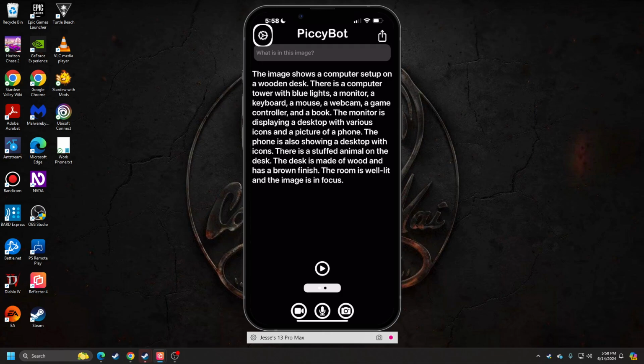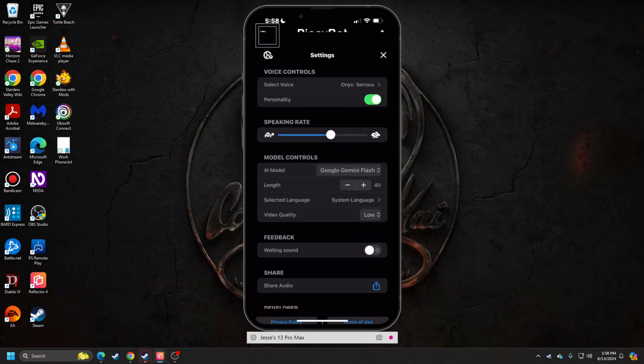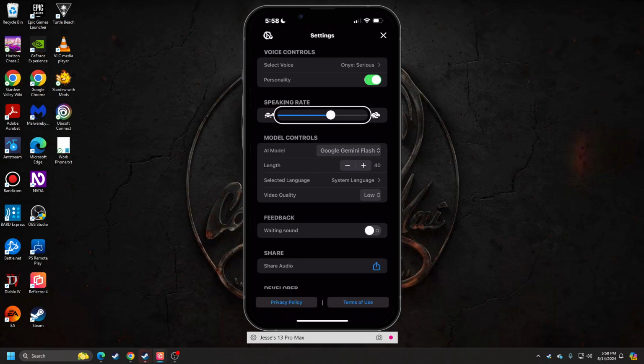Double tap to open settings. I'm trying to, I don't know, I saw a speed, 110% adjustable. Speaking rate. Heading. Personality. Select voice. Onyx. Sirius. Button. I don't know why it's so much quieter